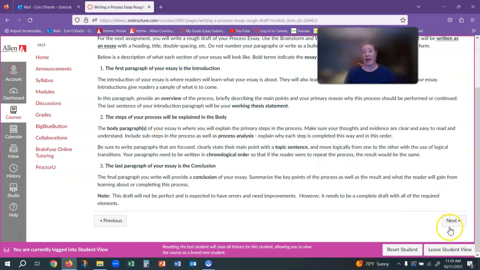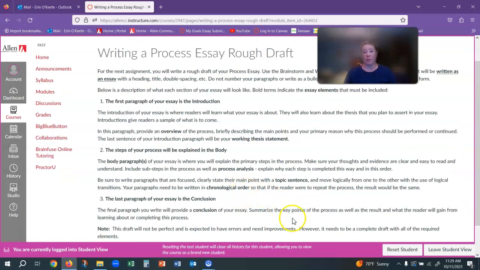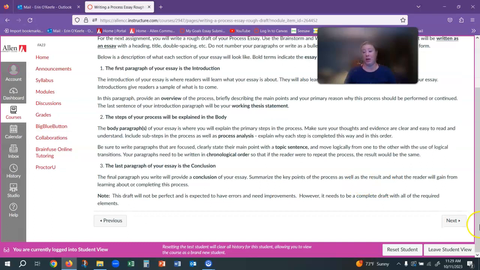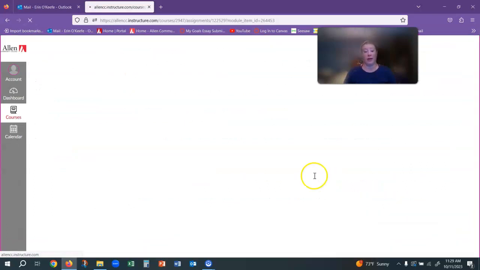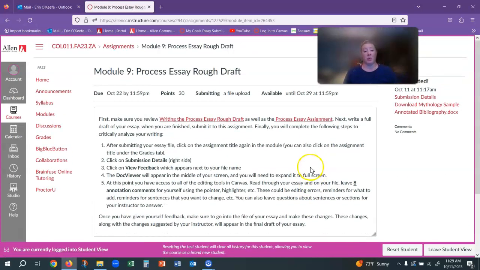But these are all of the elements that I'm going to be looking for, making sure that you write it in chronological order. So we're going in the order of time, making sure you have a thesis statement in there. All of that is going to be what I'm essentially going to grade your rough draft on. So once you're done with the rough draft, you're going to actually submit it to this assignment. And you'll just submit like you normally do, start